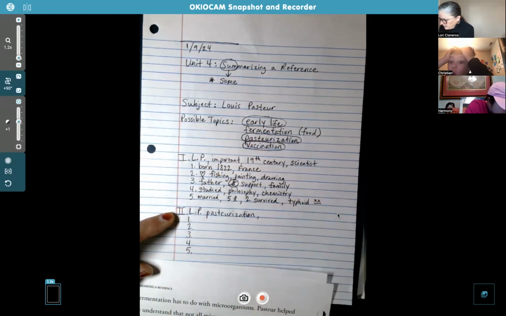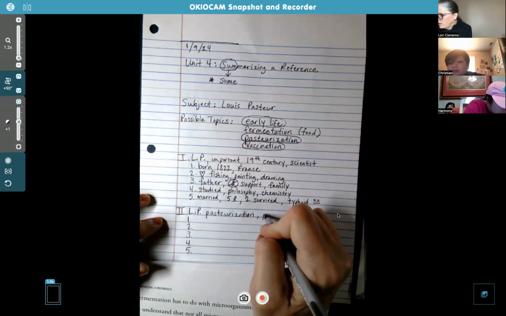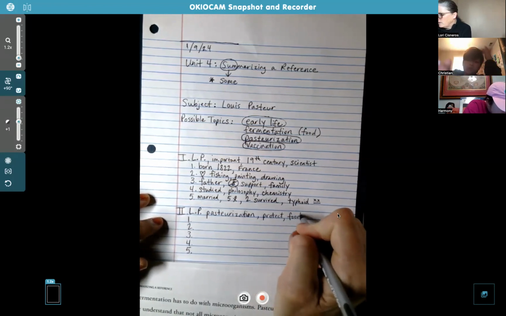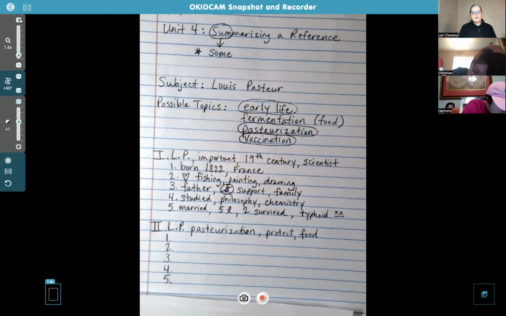Pasteurization. And then it says that it helped protect food from harmful bacteria. So I think if we just put "protect" and then "food," and then you can explain what that means as you go here. Let's zoom in a little so you can see that better. Now,